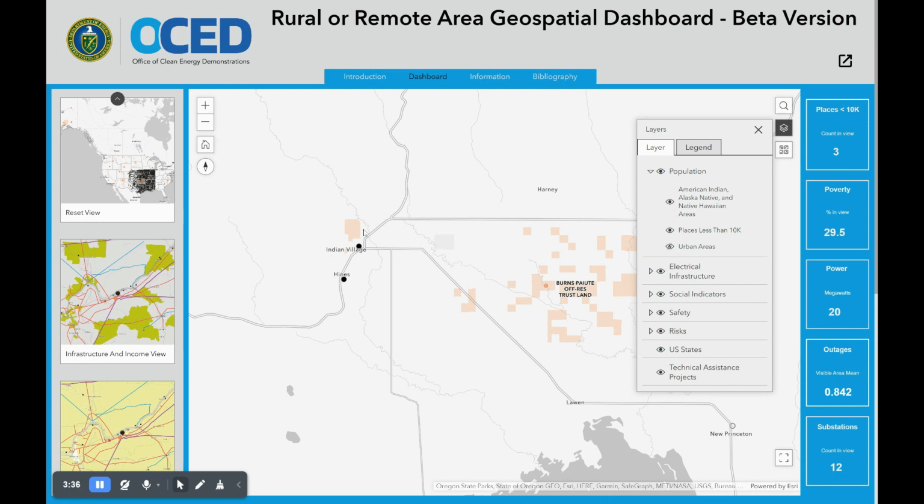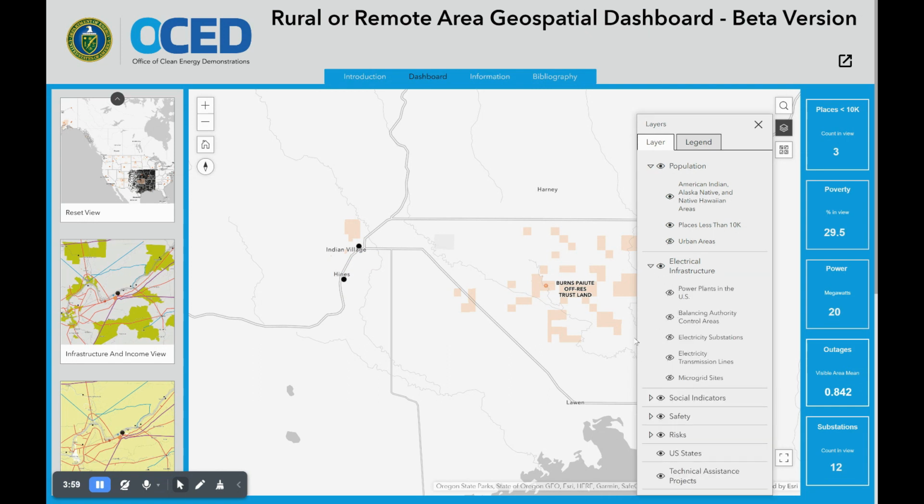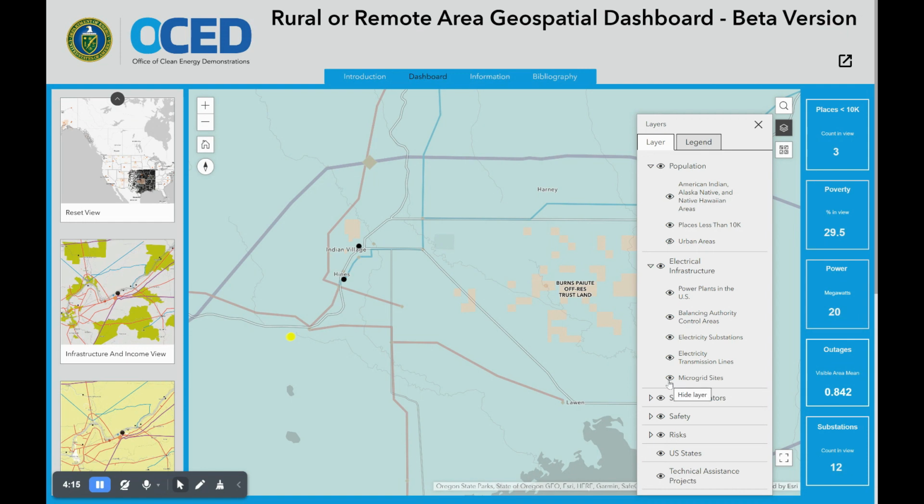And so as you can see, we're able to see the tribal areas and the places less than 10,000 people. If we turn on the urbanized layer, you can see that the little urbanized area around Burns and Hines shows up. We also have the electrical infrastructure layers, which by default in the initial view are turned off, but each one of these can be turned on or off to suit the user. If we turn these all on,